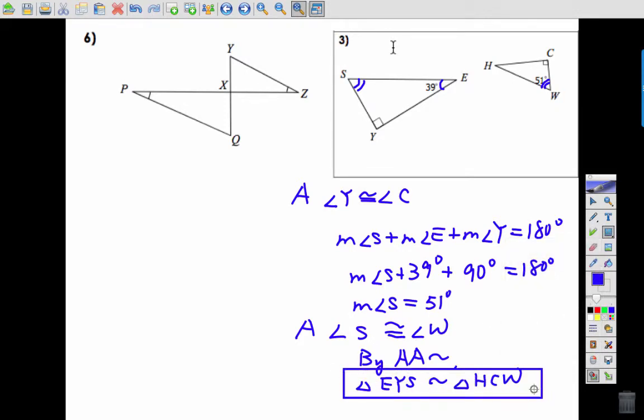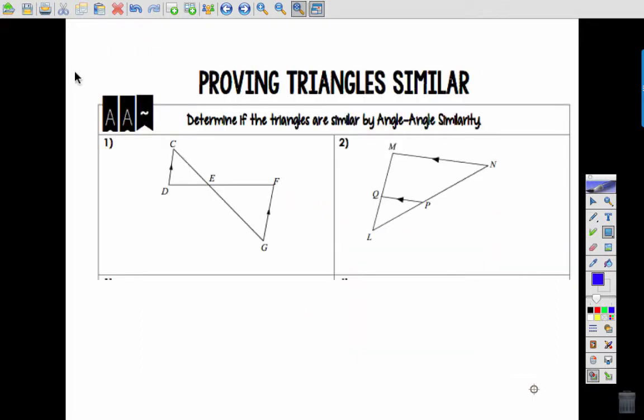This is my similarity statement. Okay. Let's look at some other examples by AA similarity. AA is pretty straightforward. A lot of times you're either given the angle measures like the first example we did,